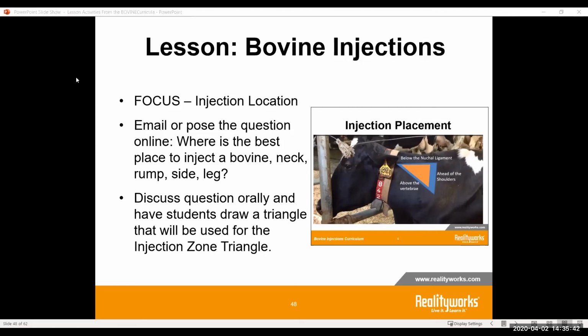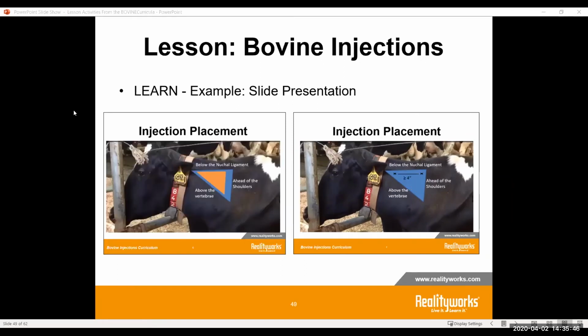To go a little deeper, this is where they start to learn. Here's the triangle, but where would you do subcutaneous injections? Where would you do intramuscular injections? Why the difference? What surrounds this triangle to help students understand why this is the area where they want to inject, and where they don't want to inject?